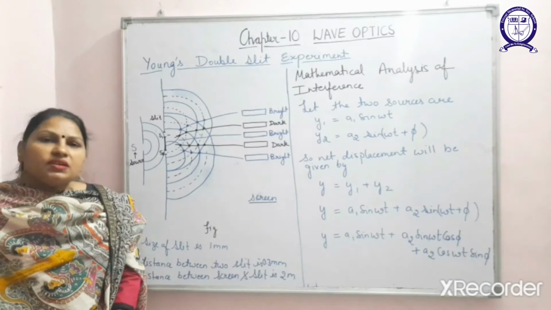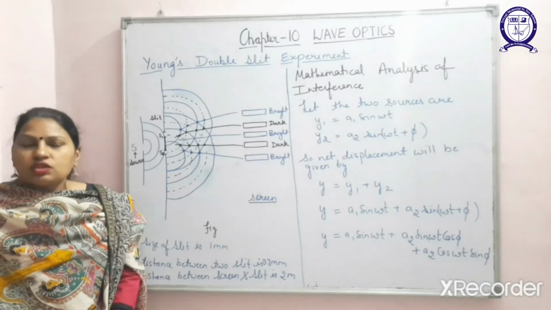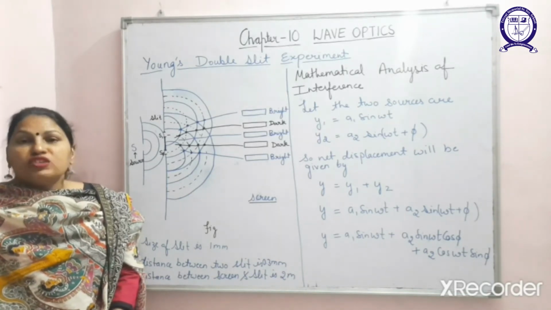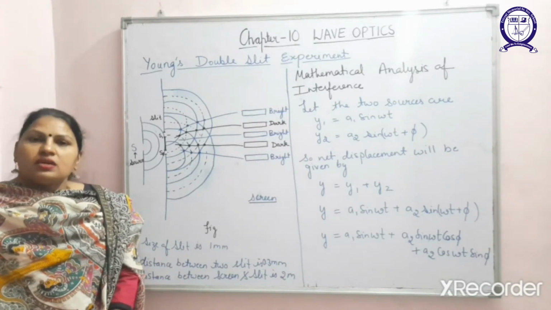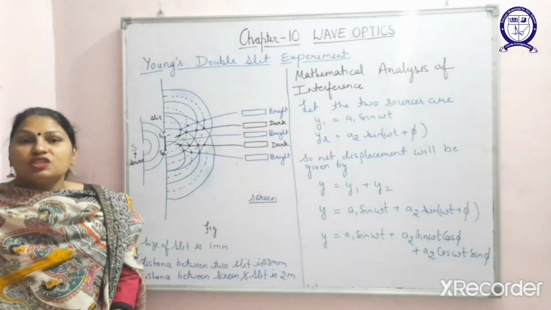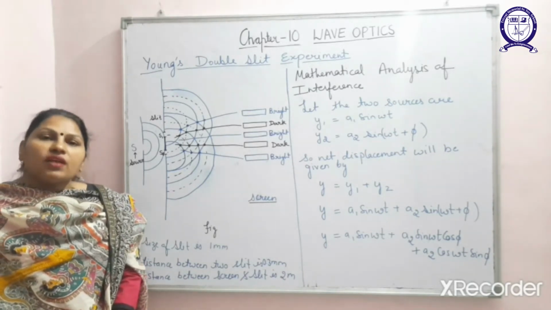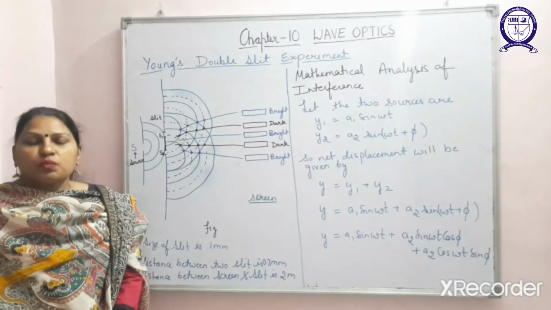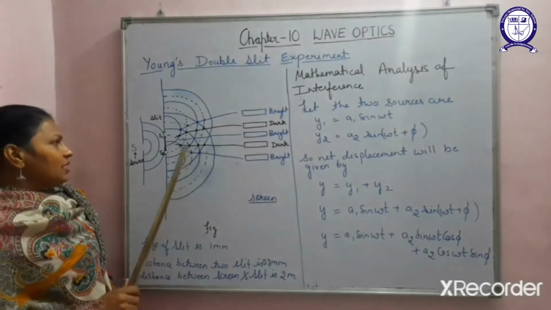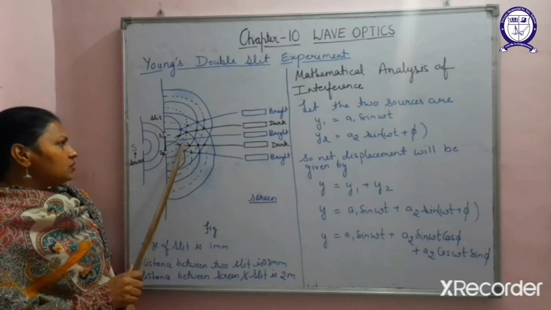What was the constructive interference condition? It is when crest superimposes on crest and trough on trough, with 0 degree or constant phase difference. In that case the intensity of light increases as the displacement or amplitude increases, and as we know, the intensity of light is directly proportional to the displacement squared, or amplitude squared. Here you can see that exactly in the center there is crest on crest, trough on trough,